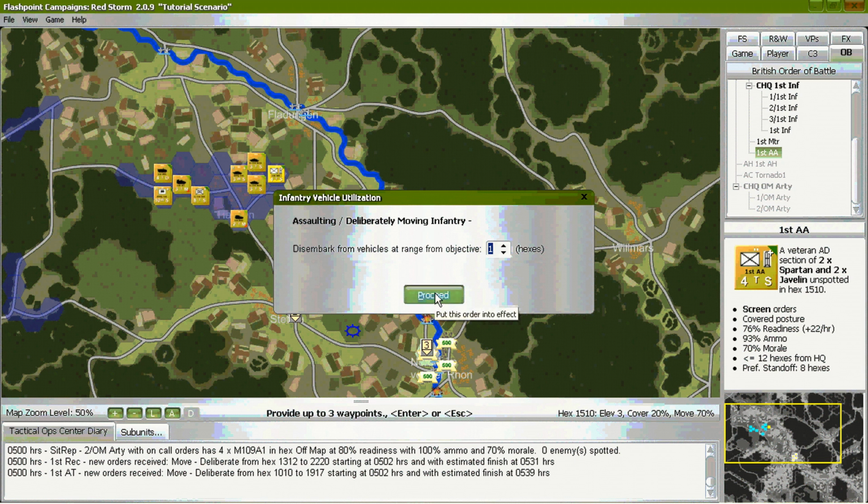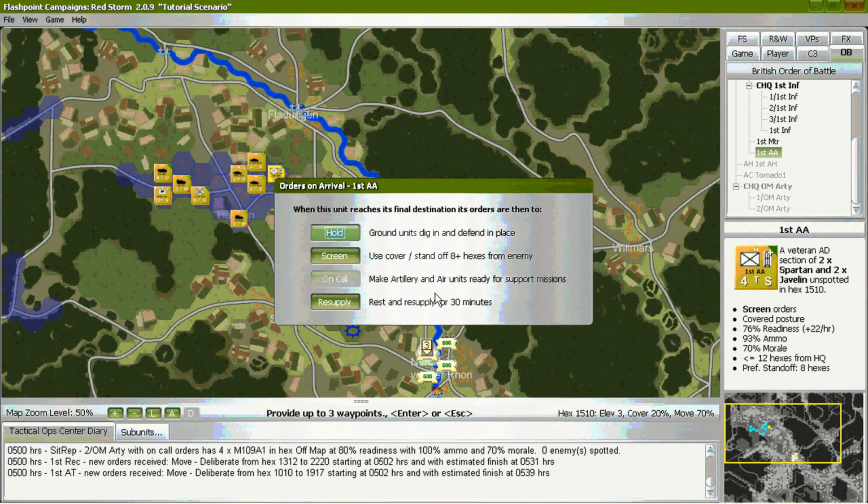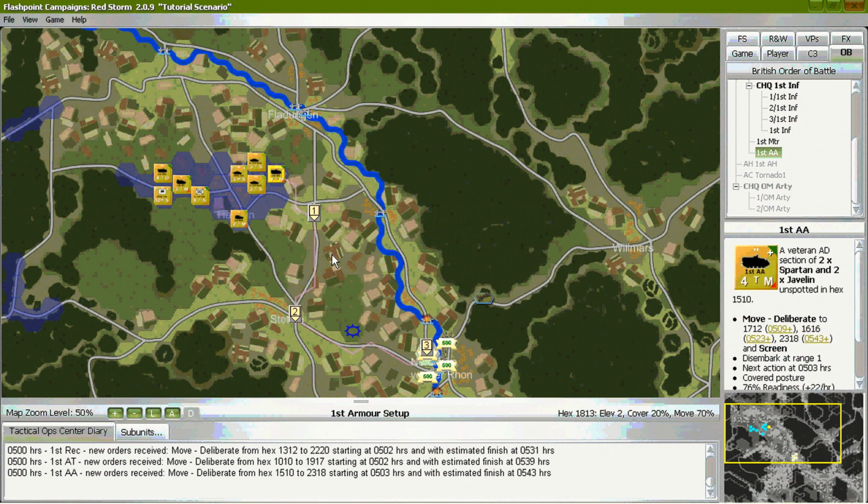We'll leave it at the default 1. Hit proceed. After you click back on the first air defense unit, select Screen for the order in the city. This will have the unit hang in the city, but displace if threatened by ground forces.